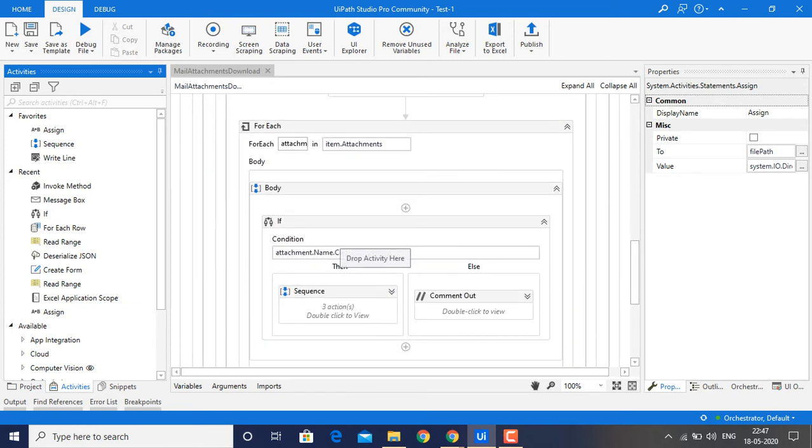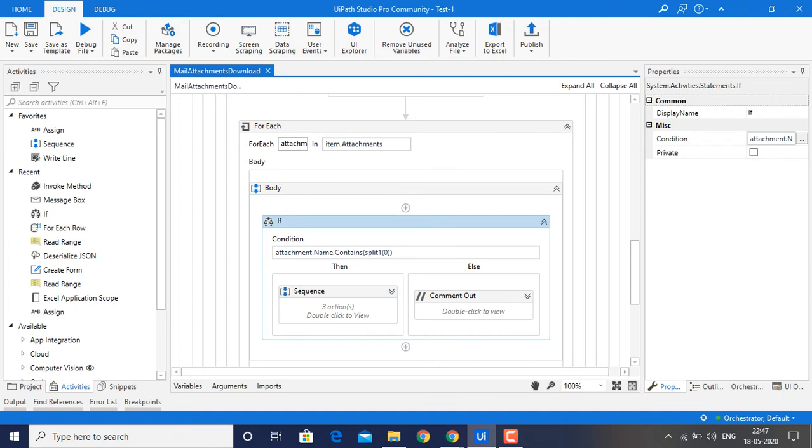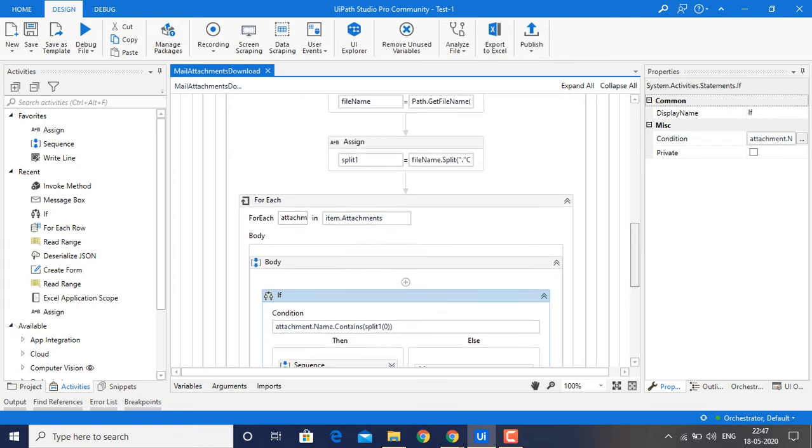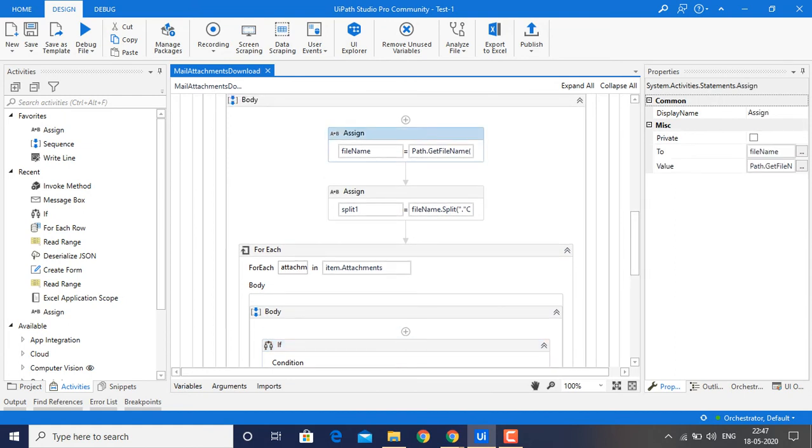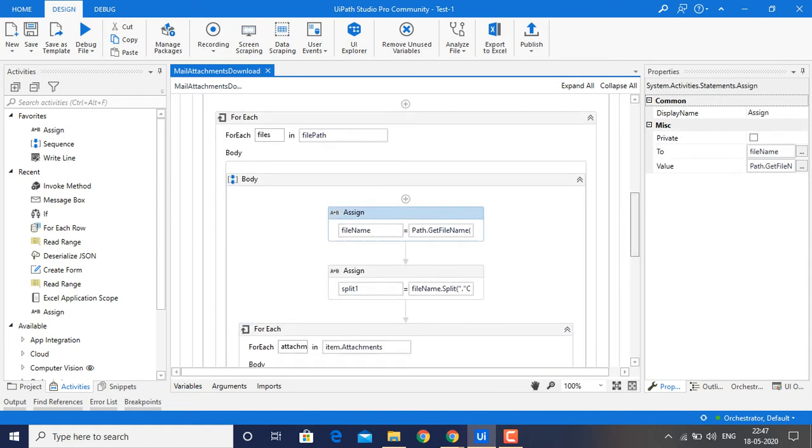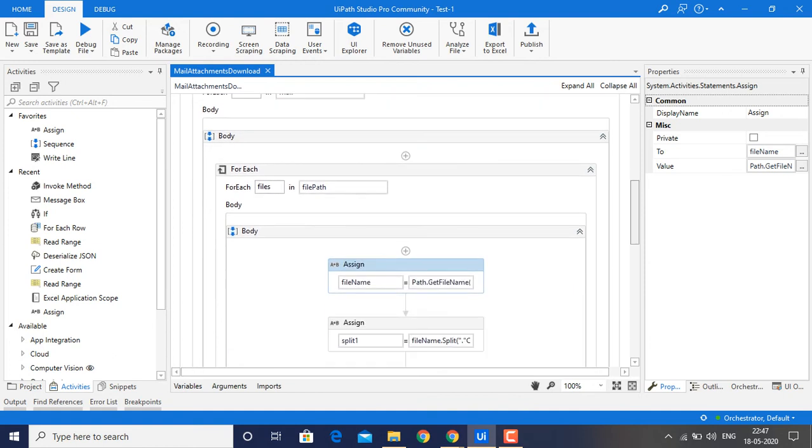And here I have taken an If condition, guys, where this is the Not, and this is the file name, and yes guys, the file path will be a file from the destination folder, and I am assigning it as a file name.